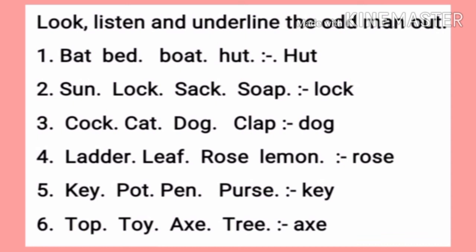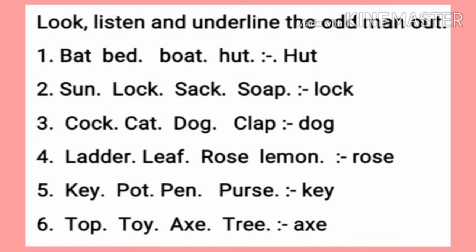Fourth is LADDER, ladder, LEAF, leaf, ROSE, rose, LEMON, lemon. So student, here are different words. Can you guess? Yes, rose. Why is it different? Because the other three start from L and it starts from R. Okay, very good.